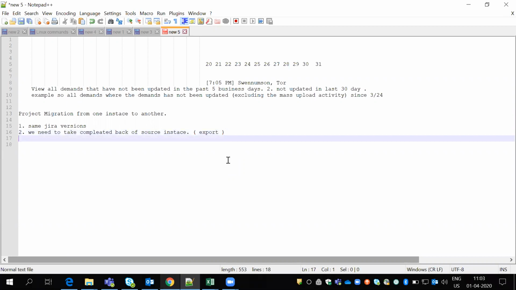So next we need to move this backup file into the target instance import folder.